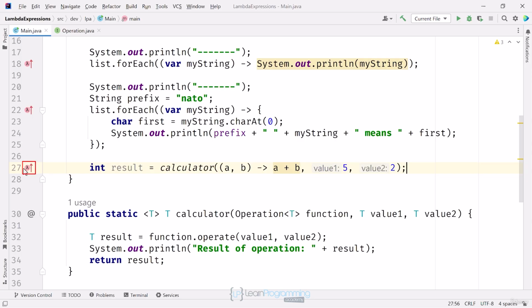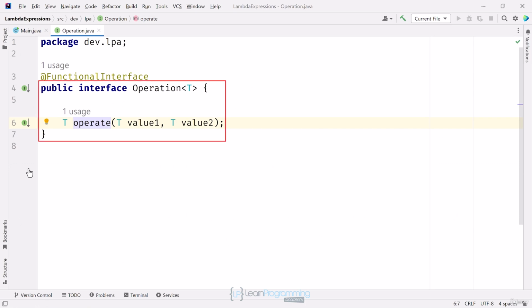If I hover over that, IntelliJ tells me that this Lambda expression overrides a method on operation. Clicking on the icon takes me to that interface's functional method's declaration, operate. This IntelliJ feature will help you identify the inferred method, which will be used in the context of your Lambda expression usage. In this example, I purposely created my own interface, so this information was known to me, but let's